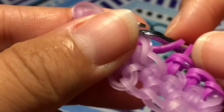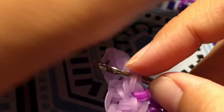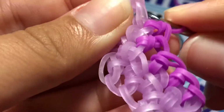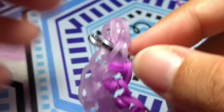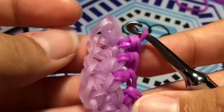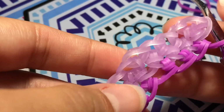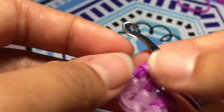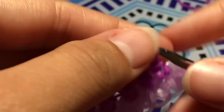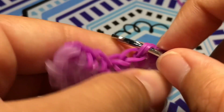So here's 1, next chain, here's 2, and our next chain, here's 3. So this is how our wings should look like. And now what we are going to do is do a double crochet. So we're actually going to take this piece and flip it around on our hook so that it looks like this. We're going to do a double crochet in this round,